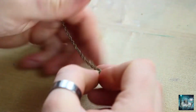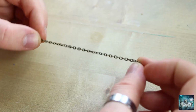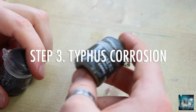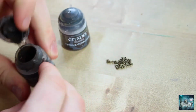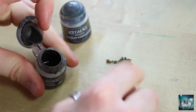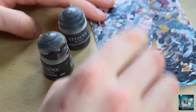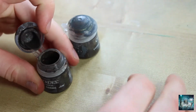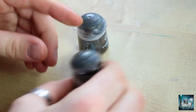So we've got our length of chain here, and then what we're going to do, we're going to prepare this and corrode it and paint it up before it even goes on the model. So we've got the TYPHUS corrosion here. I've actually got 2 pots of this, and one of them is perfectly empty, if I can remember which one it is, and I keep this specifically for doing these chains. So what we're going to do, you don't have to do this, you could just do it on a palette or something, but I like to keep a nice empty pot of paint for this very thing. So I'm going to take the empty pot of TYPHUS corrosion, just going to drop the chain inside there, and then